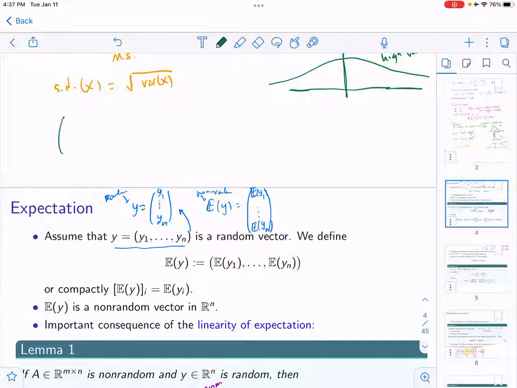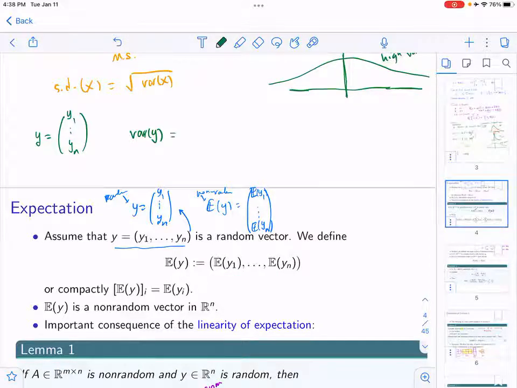Suppose I have a random vector, y1 up to yn. I want to somehow define a notion of a variance of y. What can we do here? Covariance matrix. Yeah, so you guys know where I'm going, but if you don't know about it, what is the natural thing to do here? If you want to follow this example,